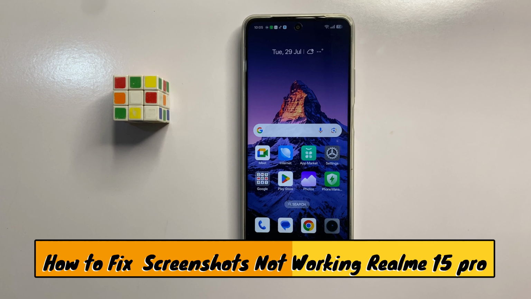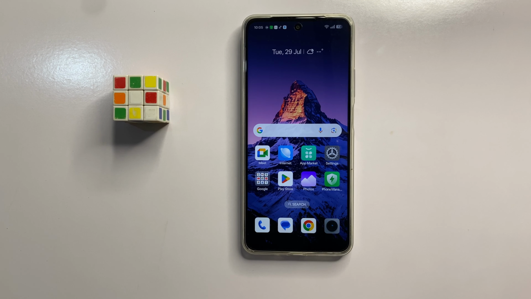Hello everyone, in today's video I am going to show you how to fix screenshot not working in Realme 15 Pro. So let's start the video. First of all,